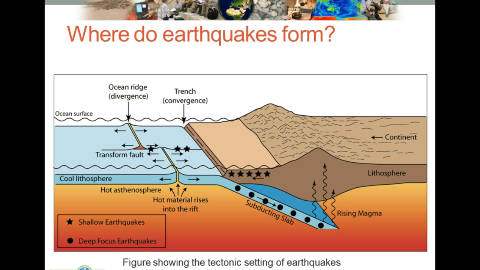However, in subduction zones, like you see here, you see the oceanic crust diving below the continental crust because it's more dense. So in these subduction zones, where old oceanic crust descends beneath another tectonic plate, like is shown in this diagram, deep focus earthquakes may occur. Write that down. Now, deep focus earthquakes are earthquakes that occur in much greater depths, somewhere around 700 kilometers. Also get that in your notes.